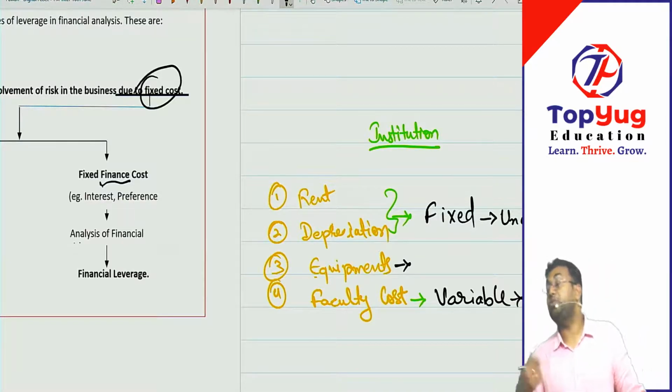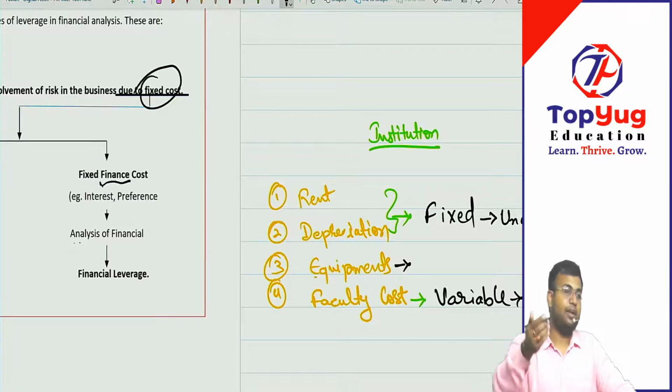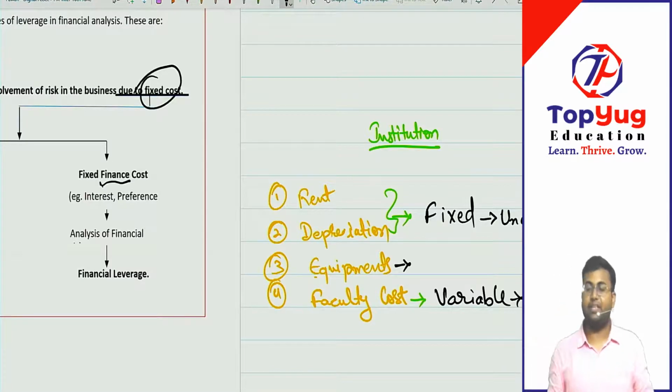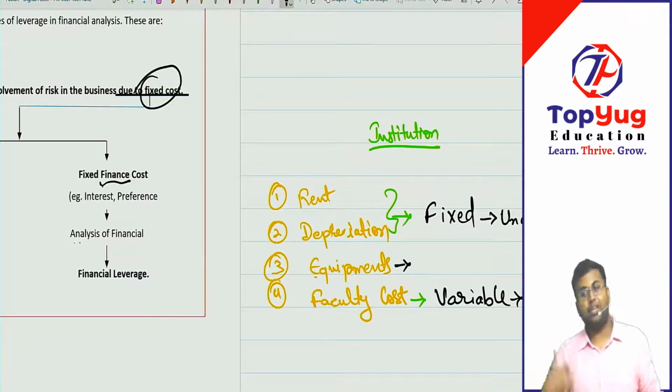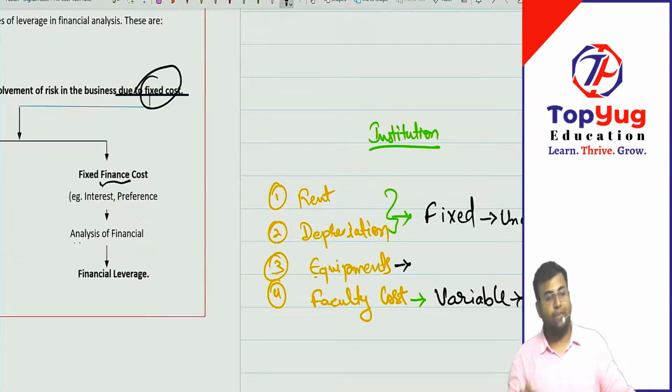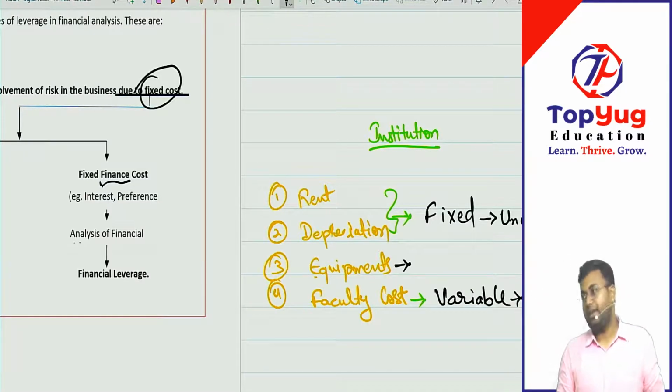Suppose, for an example, you took a loan. You purchase a camera, PS6 camera or some XYZ cameras, for 2 lakhs. Some systems you purchase for 3 lakhs. Total 5 lakh rupees you have purchased. How do you get the money? Capital. How do you get capital? Either your money or the bank's money. So suppose you took the bank's money. So the bank's money will come with a fixed cost. What is that fixed cost? Interest, right?